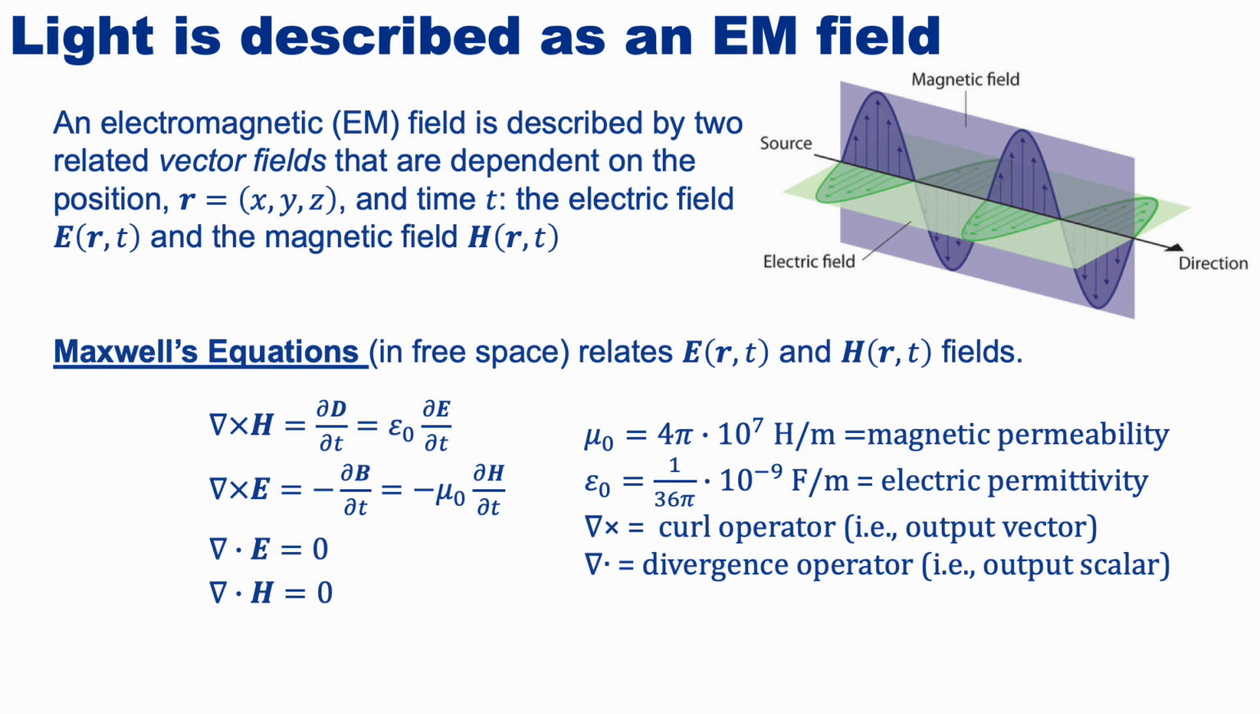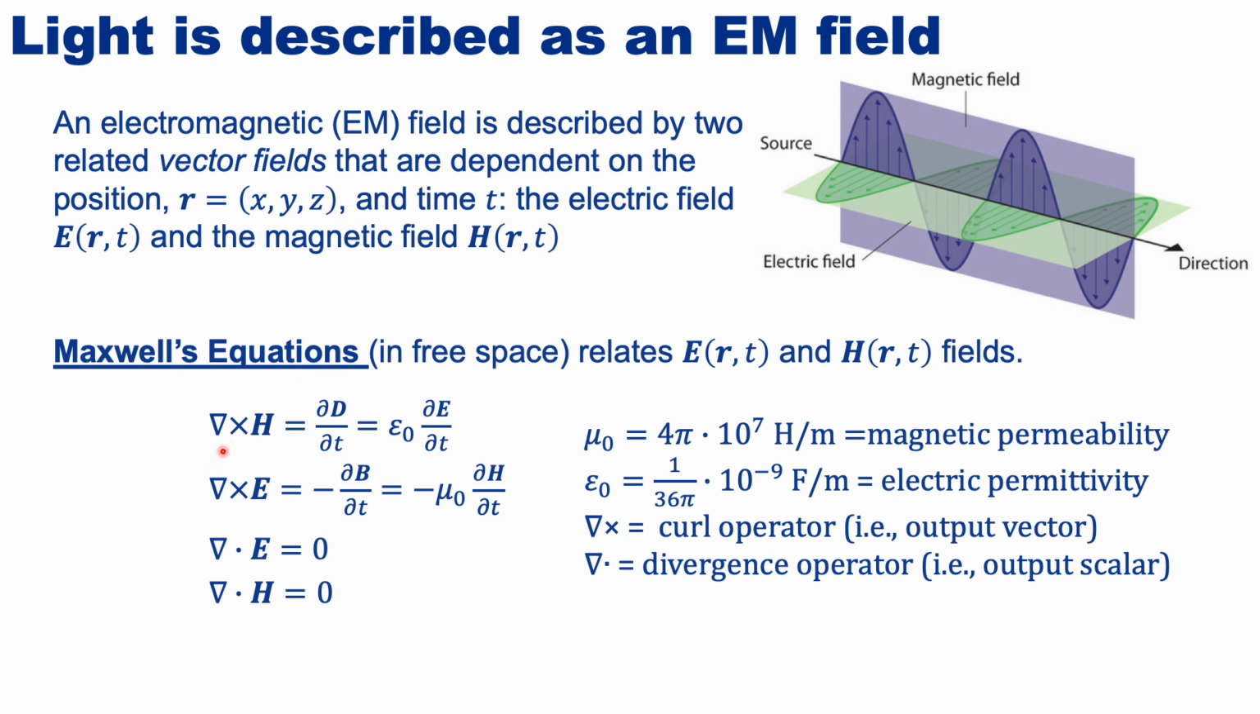So as we know, light is not only a wave or a Gaussian beam, but light is an electromagnetic field. And because it's an electromagnetic field, we can describe it as two vectorial fields. It can be defined with the electric field and the magnetic field, and both fields depend on space and time. The relationship between the electric and the magnetic field is given by the Maxwell equations,